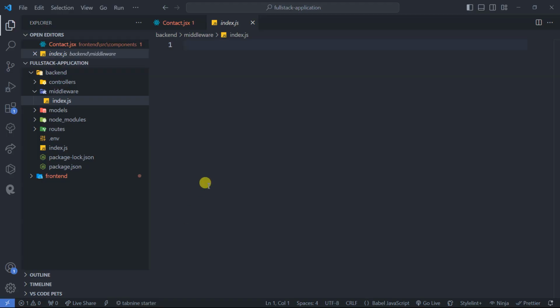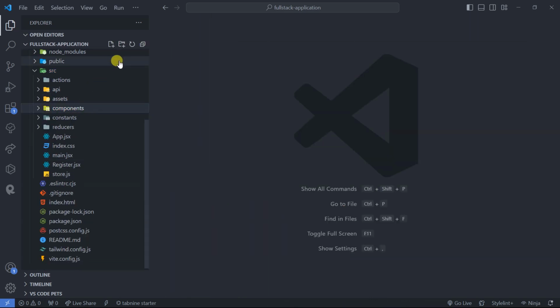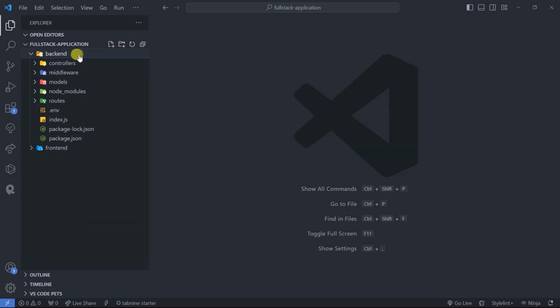So we need to work here on middleware. You guys have middleware there in your backend, okay? No, sir, we don't have middleware. So go to your backend. Click on folder. Type here middleware like this. Press enter. Then inside middleware,